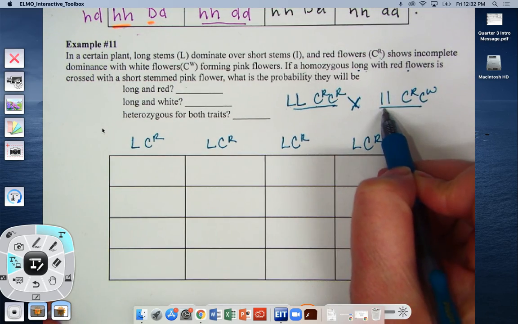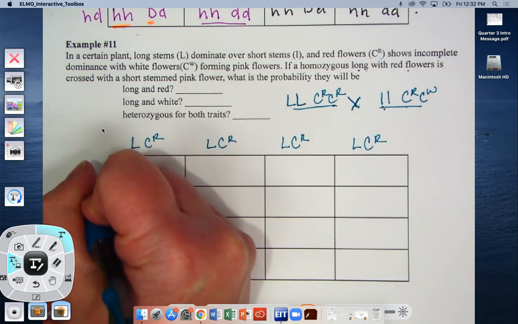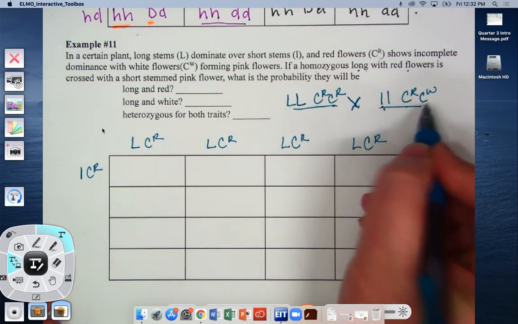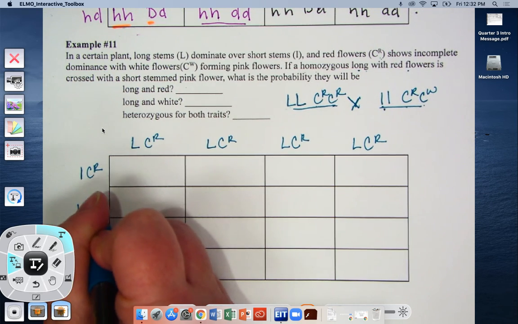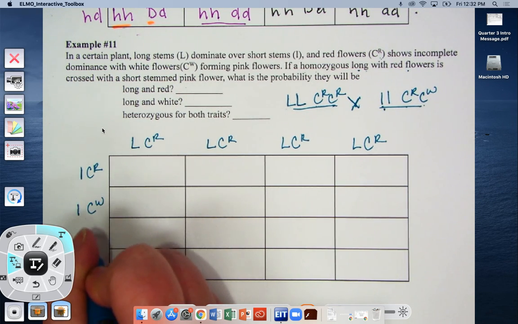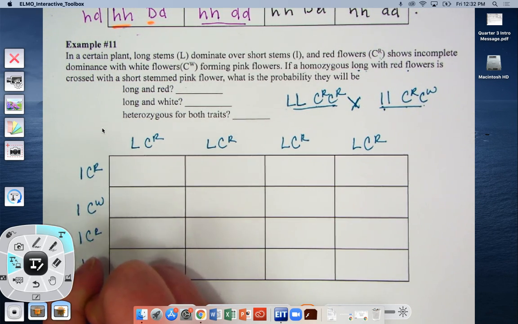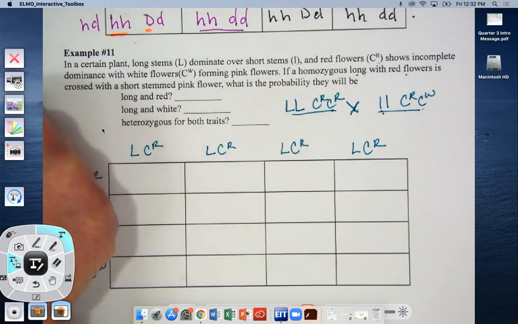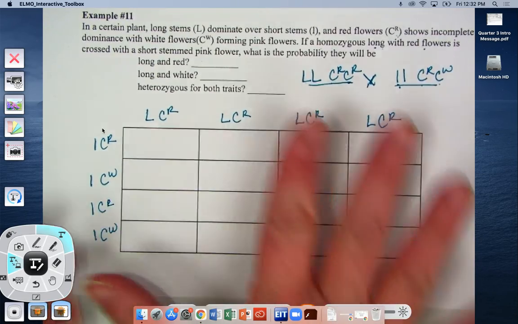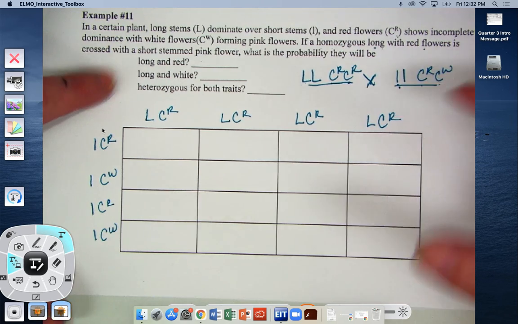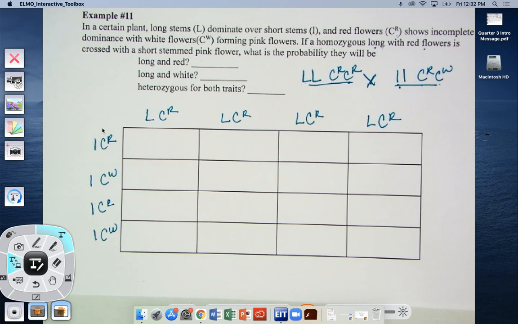And then we're going to FOIL this side. Little L, CR, little L, CW. Little L, CR, little L, CW. Again, you feel free to fill out all 16, count out of 16. You are allowed to do that. I'm going to do the shortcut,